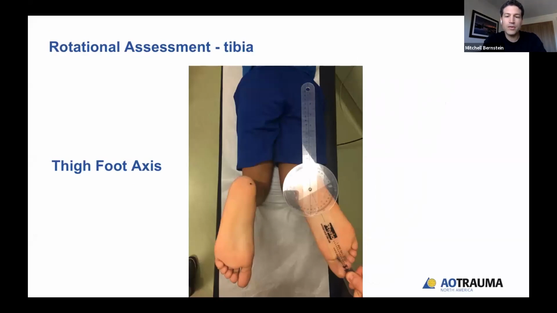So this is a patient who's prone. You can see he has external tibial torsion, which is normal on the right, and he has internal rotation on the left. This is a goniometer, and I usually go down the axis of the foot or perpendicular to the malleoli. So that would be, if the medial and lateral malleolus would be like that, I would go perpendicular to that, and that would get the foot axis, and then you want an axis down the thigh. So you have an axis down the thigh, then an axis down the foot, and then you use the goniometer to figure out what that